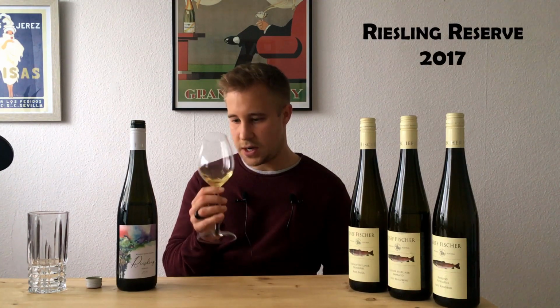But also this citrusy acidity. So it attacks your palate, but then it kind of melts away. Really nice combination of these delicate aromas, but also some kind of tingling, minerally rocky sensation. So really nice wine. And the fourth wine here already in the glass is a Riesling Wachau Reserve 2017